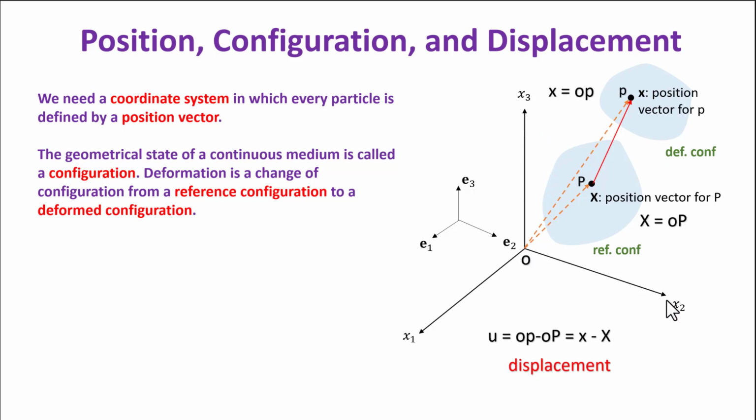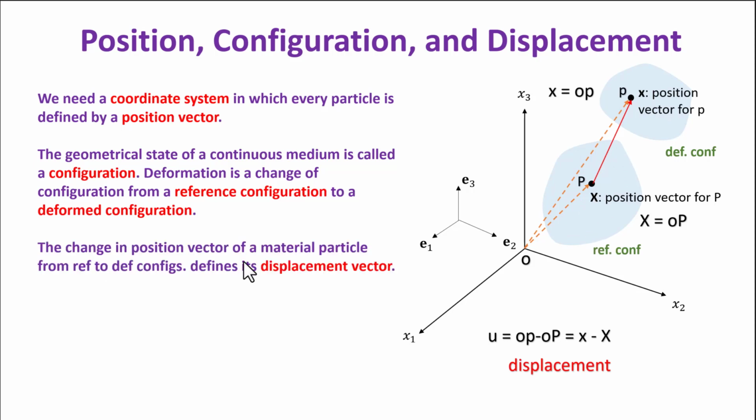With this coordinate system, we are able to give the position of every material particle in the reference configuration, and we will use the capital X. So X is OP. P is a material particle in the reference configuration, and OP is the position vector for that specific material particle. Now this same material particle is moved to O lowercase p with a position vector lowercase x. It's a new position vector in the deformed configuration.